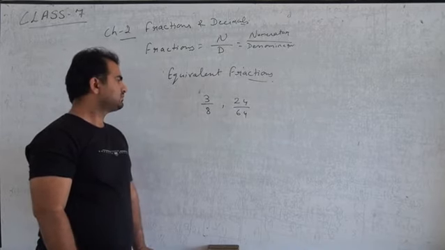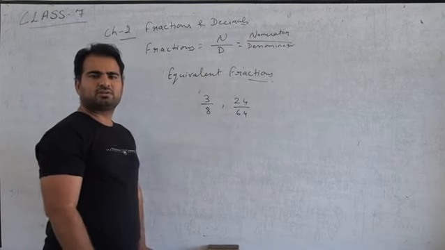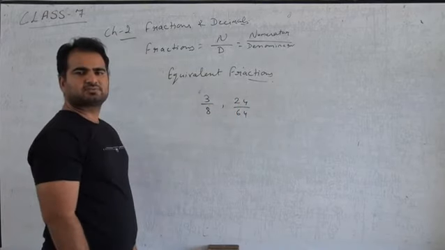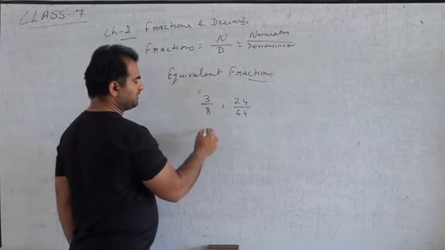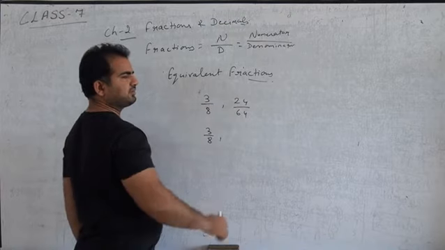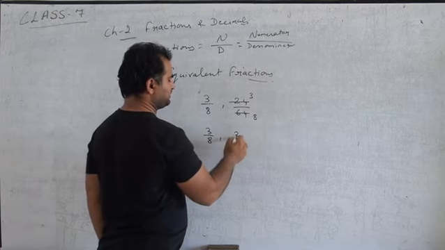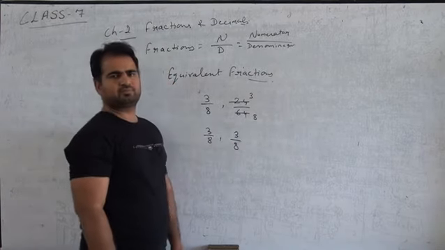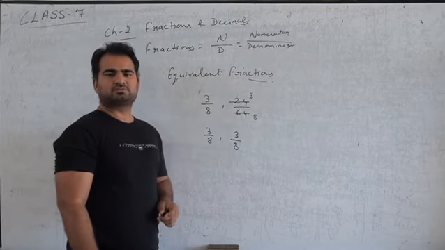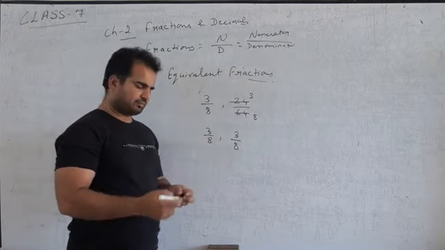Okay, so we can see that both of these fractions are different, but as we convert both of them to their simplest form, the simplest form of 3 upon 8 will be 3 upon 8, but we can divide this 24 and 64 by 8. 8 3s are 24 and 8 8s are 64. This will also be equal to 3 upon 8. So both of these fractions are equivalent fractions, because the simplest form of both of these is the same.